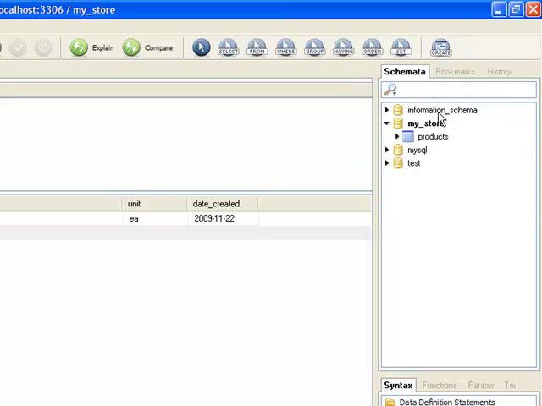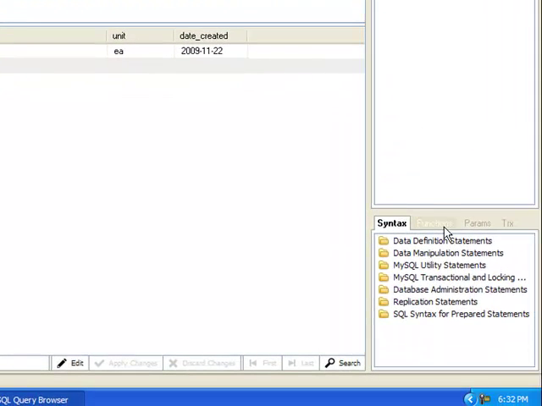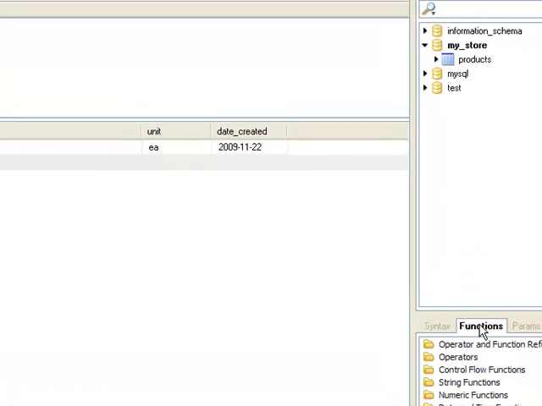This is where you could see the available databases that are stored on our server. And here on the lower area is what we call the information browser, wherein you could find the help, the syntax of a particular statement.